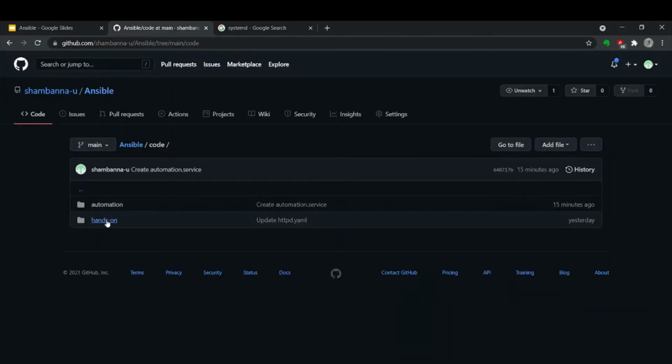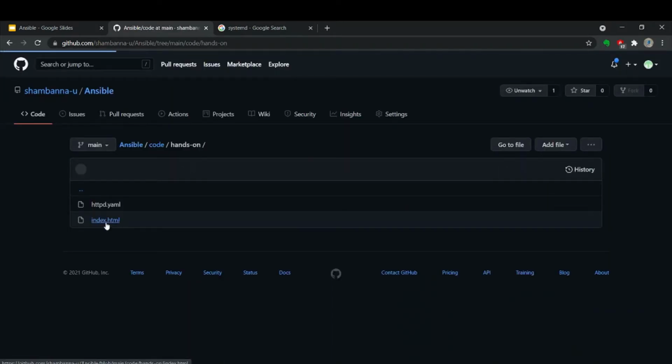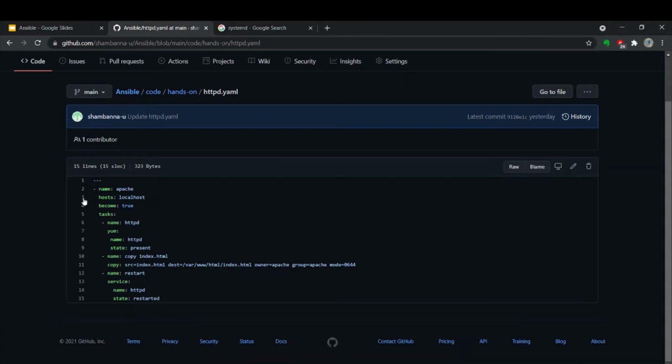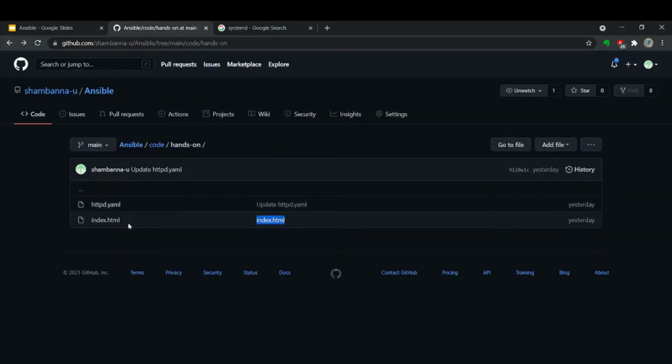And when you go to code, in hands-on we have the second video, whatever we did in the hands-on, like installing HTTP and copying the index.html, this task we have, and the index.html file is also there.